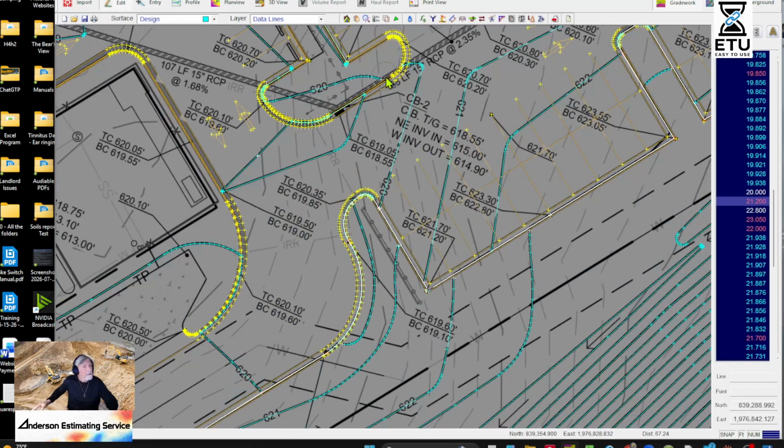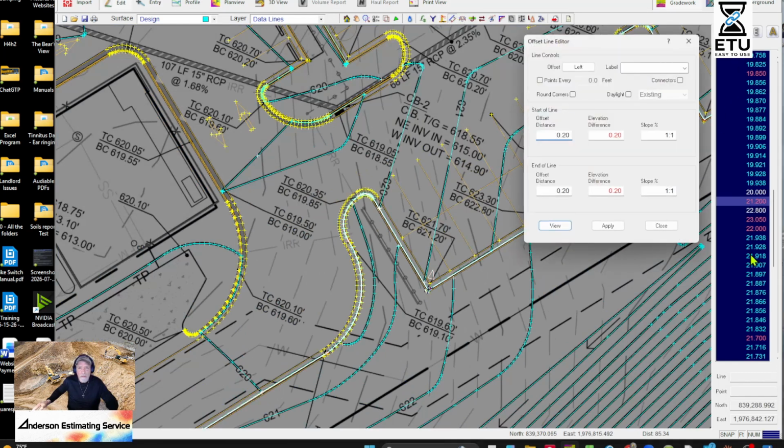Do this curb line, offset. Always offset them. Make sure you hit the data line. Don't offset the annotate. Done that before. And we're going to name this top of curb. There's a reason for it. Okay, so we don't want to go that direction. We want to go in the other direction.